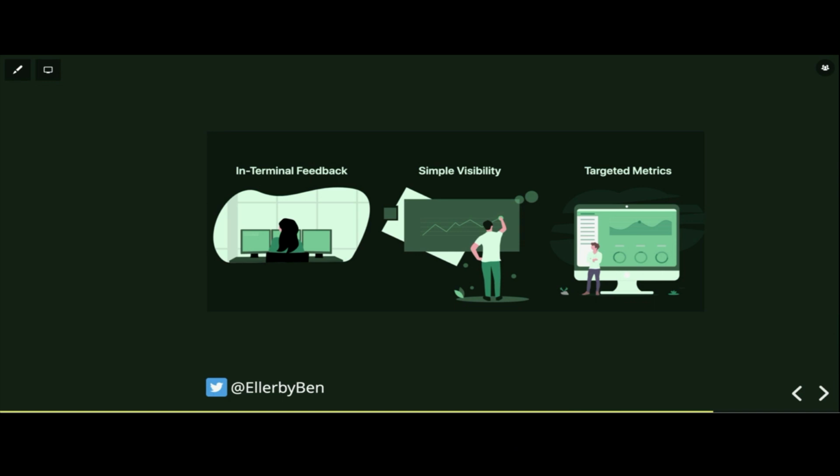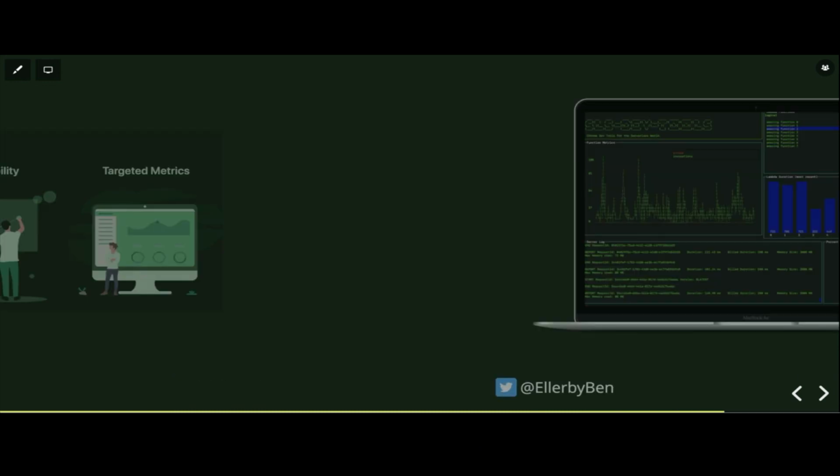It's a tool, completely open source, that provides in-terminal feedback with simple visibility on targeted metrics to development teams. It's not a replacement for formalized observability tools like Thundra, Epsagon, or Lumigo. It's a tool in the developer's IDE, via a terminal, to get targeted metrics and reduce the feedback loop, because developers writing backend code shouldn't have to jump to the web browser on the AWS console every 5 minutes to check different things.